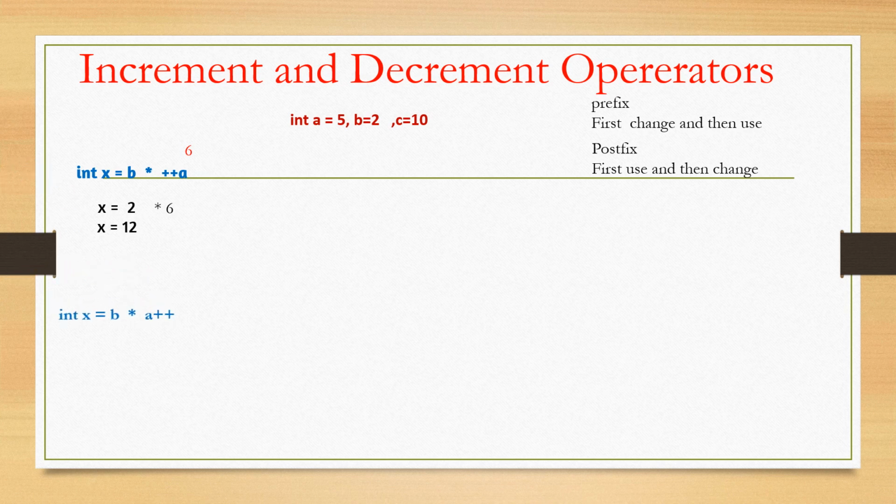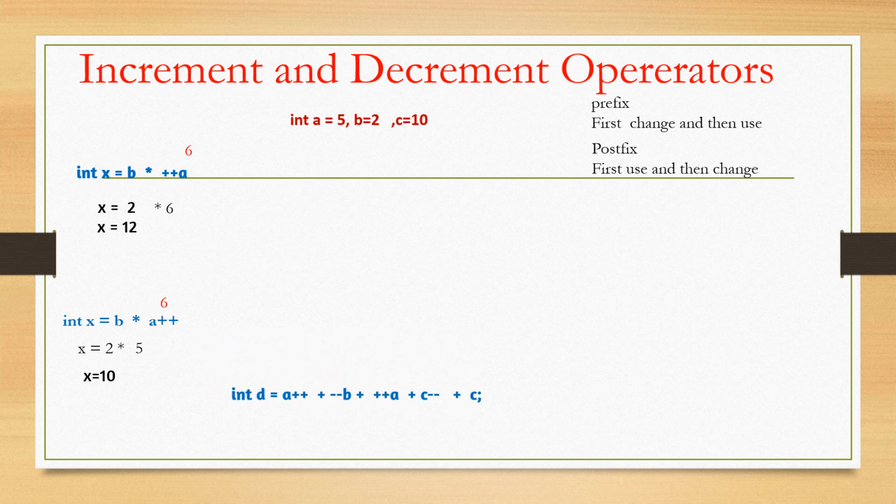Same pattern we can use just for understanding postfix. Here the same question, b * a++. B was 2, it will come original, and now a++, that is postfix. First use it, use the original value. Here a was 5, so we are using 5, and then a's value will change to 6. That means 2 into 5, it will become 10. So we can see the difference in both the answers. Here only one change was done, prefix and postfix. So when you evaluate, be careful in the expression.